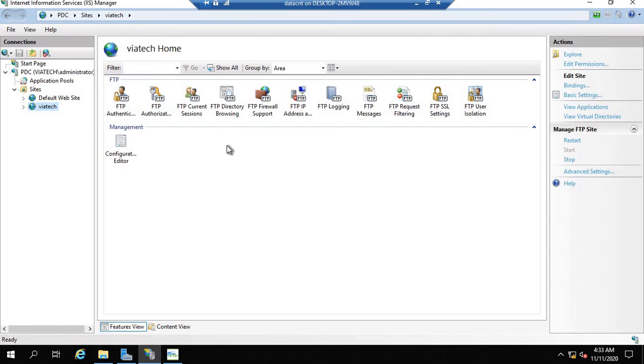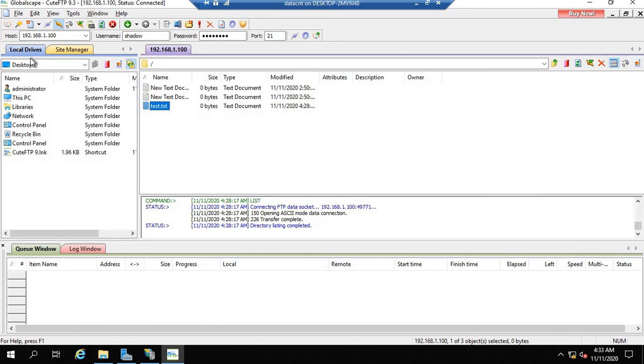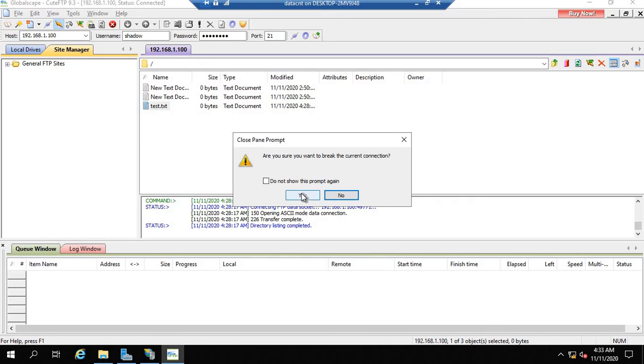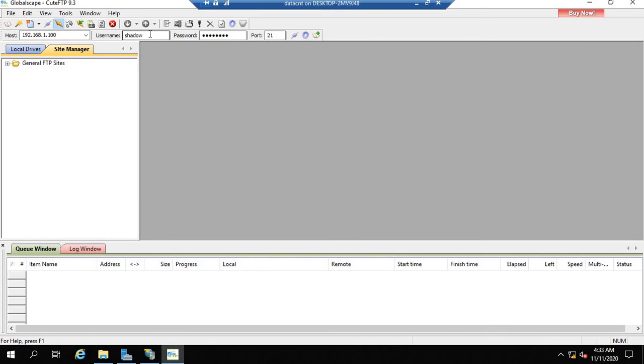Now there is another important thing that I would like to show you. Right now I have used my Qt FTP in order to access my FTP server. Now if you say that all the time the client has to type the password, I will disconnect this session. If you say that this is my personal laptop, my personal tab, my personal device, so I want to store the username and password in my device using this FTP client software so that every time I don't have to type my password. So for that you give the host name, username and the password.